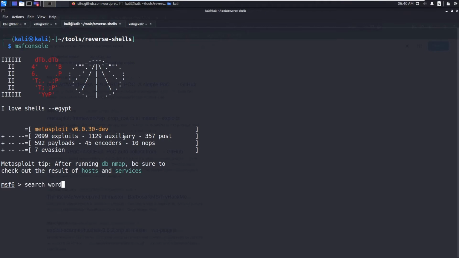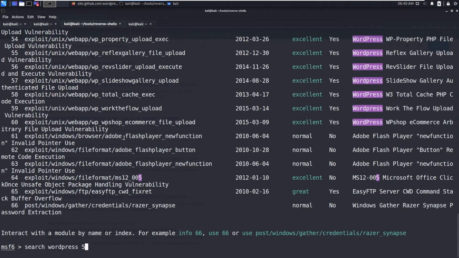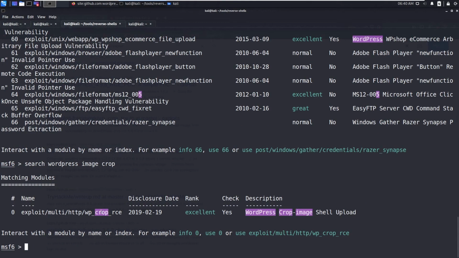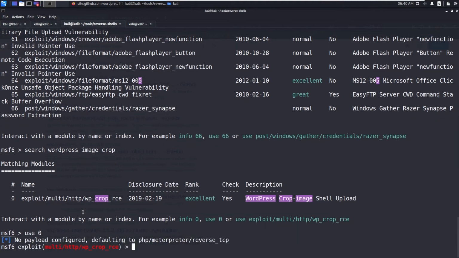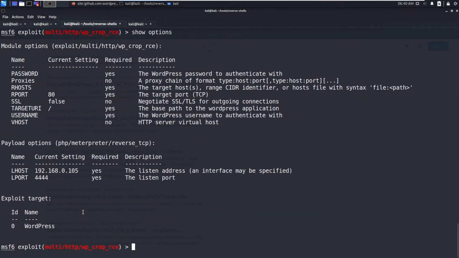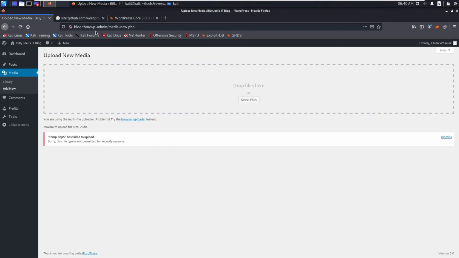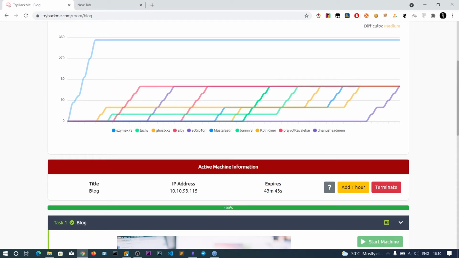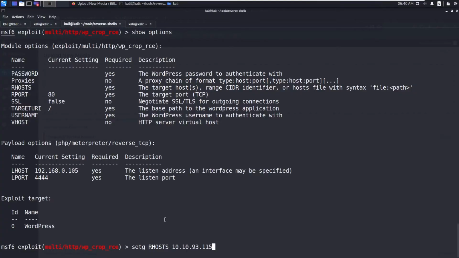Search for WordPress 5. Okay, we have got so many. Let's say image crop, and you can see there is only one. Let's use this. Set the global host. What's the IP address?